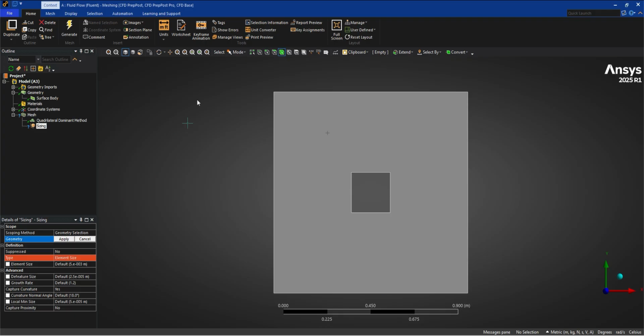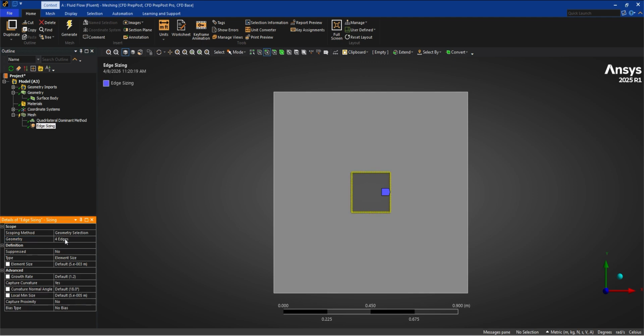So for the sizing, I'm going to come here. I'm going to change my selection from the body to edge. And these are the edges. Again, we want to select a couple, so I'm going to hold the mouse button. These are the edges that I want to control the sizes of. I selected those. I'm going to hit apply here. And then I'm going to change the default element size in these meshes to 0.00